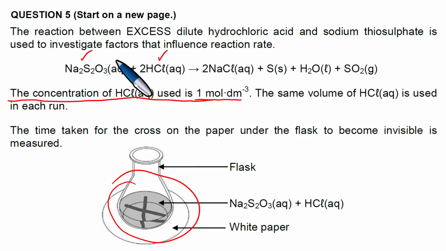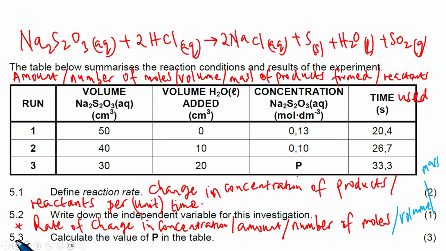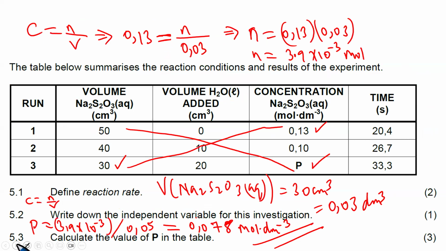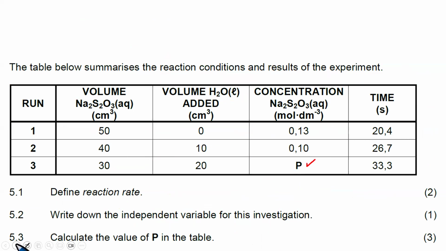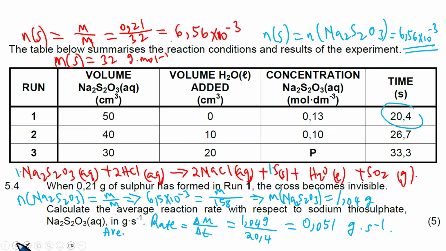In other words, the sodium thiosulfate is the limiting reagent or limiting reactant. As a limiting reagent, you are able to see that it is the one that will possibly run out, and therefore its mass